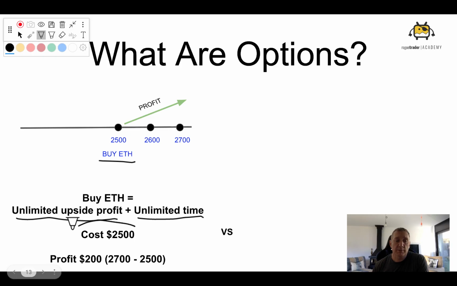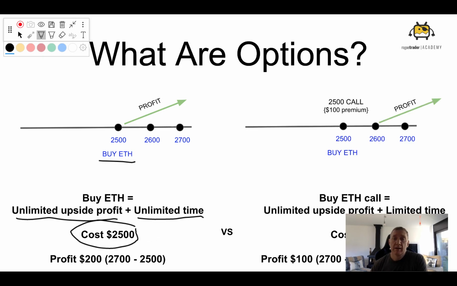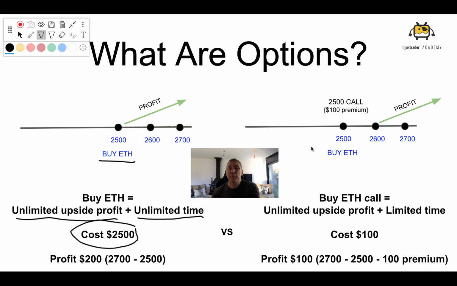But it's going to cost you. It's going to cost you $2,500 to do so, right? And if it goes up $200 to $2,700, like we said, hey, beautiful. We made $200. So now if we look at that call, where we're going to buy a call, what we do here is we would see it basically cost us $100 in premiums. So we bought it. The strike is $2,500. Cost us $100. So $2,600 is our break even. So we needed to go above $2,600 to make any profit. And after that, boom, the profit is unlimited, just like on the other side.